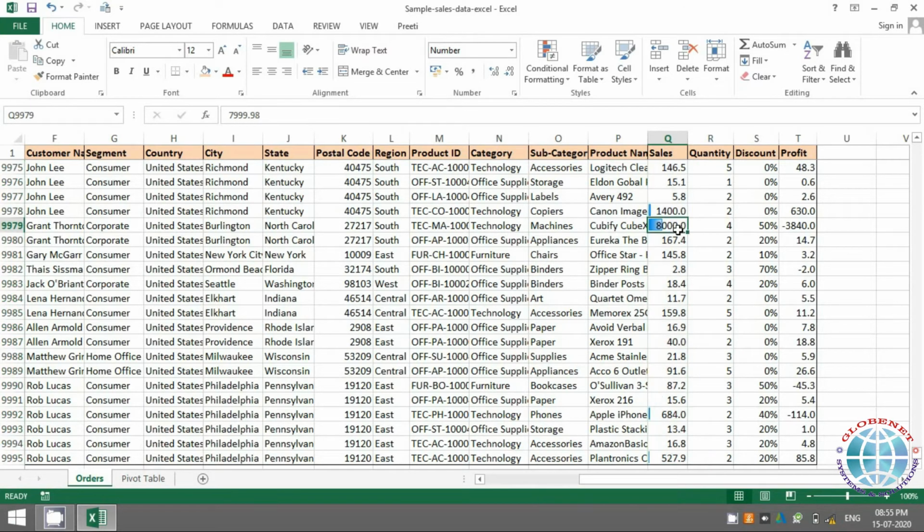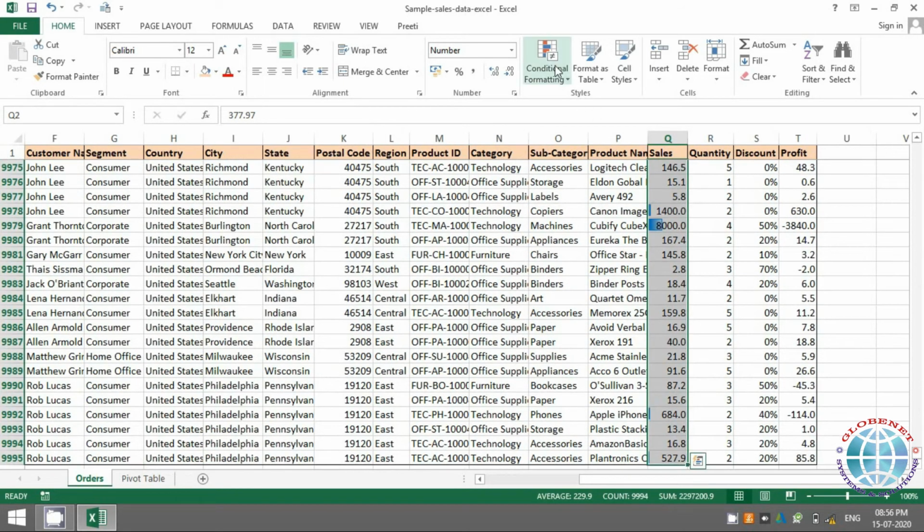Now the reason why you see only some cells highlighted is because this range is extremely huge. For example, the lower value I can randomly see over here is something like 5 and the highest value is, for example, 8,000. So that's a very huge gap, right? And that's the reason why it's not showing this scale for each and every row, but it's just showing for the major values.